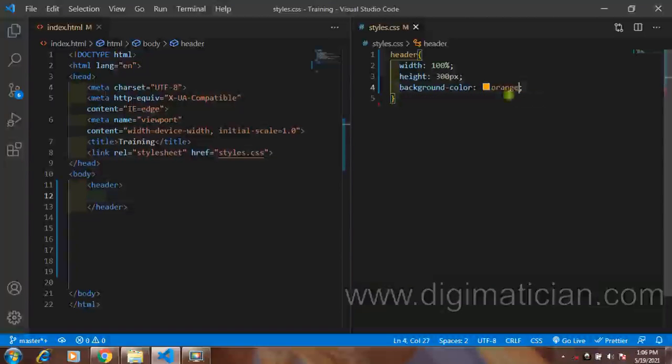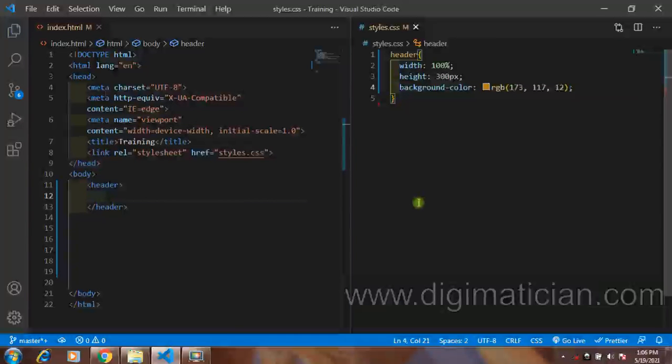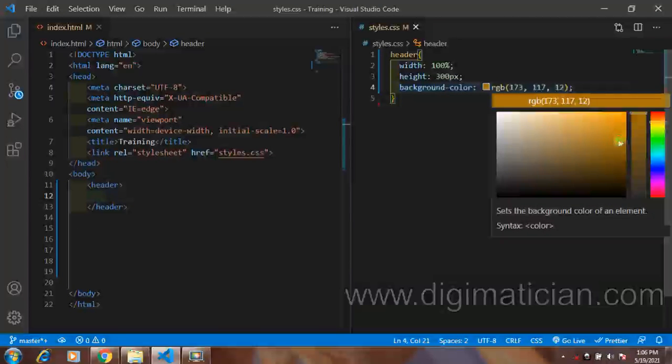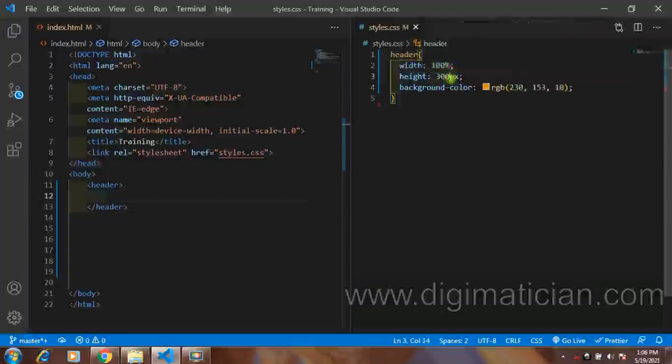All right, okay, now let me try and find a deep orange color. I want to find a deeper orange color. All right, so let's put it this way. Okay, let me find a lighter orange color instead of a deeper one first. Okay, so this is it. So let's see our result. All right, oh, that is too much. The height is too much. Let's leave it at 200 pixel. All right, let's leave it at 200 pixel. All right, so